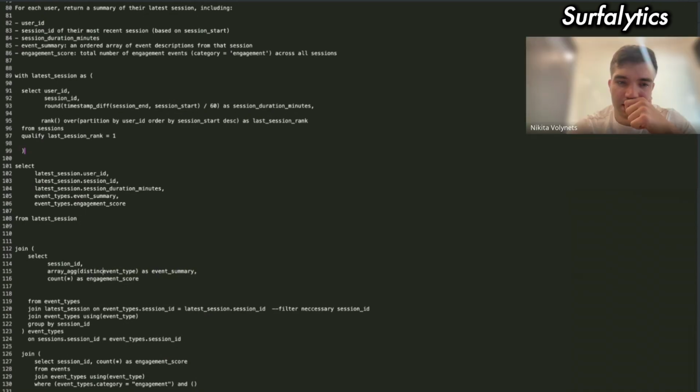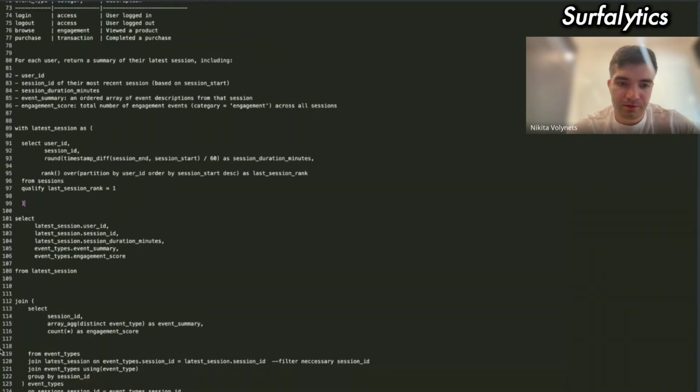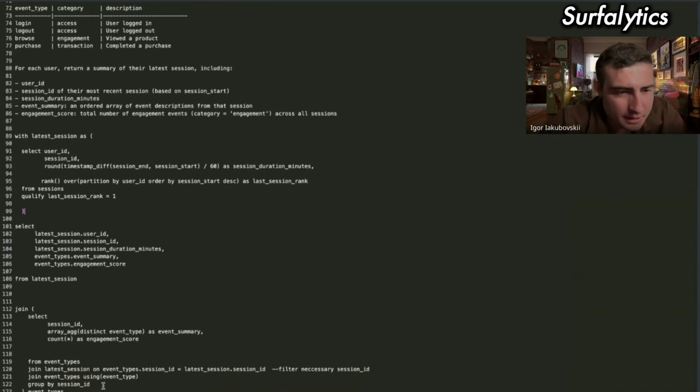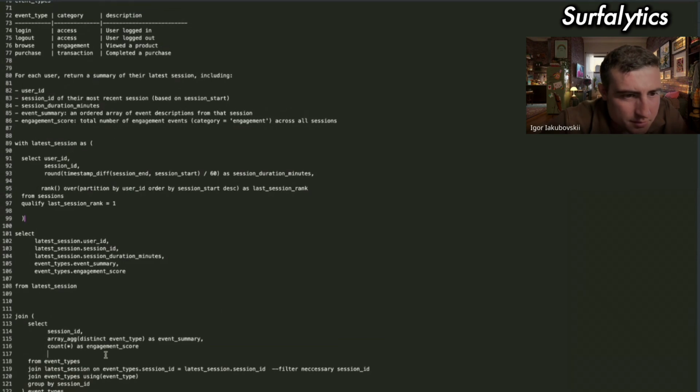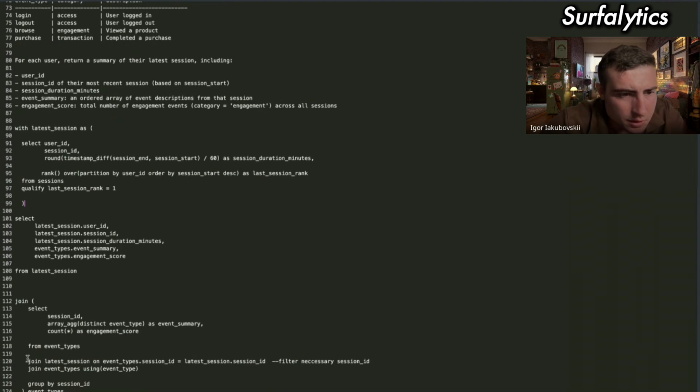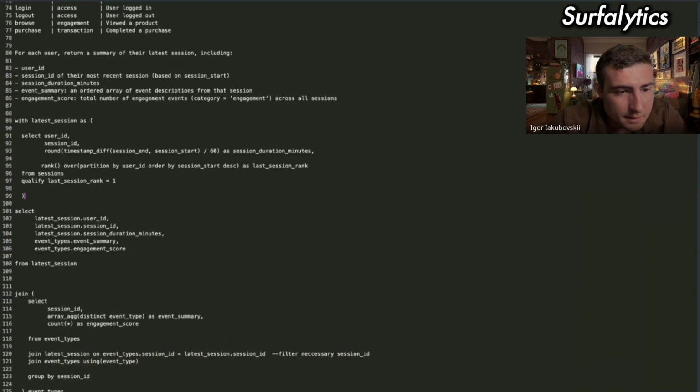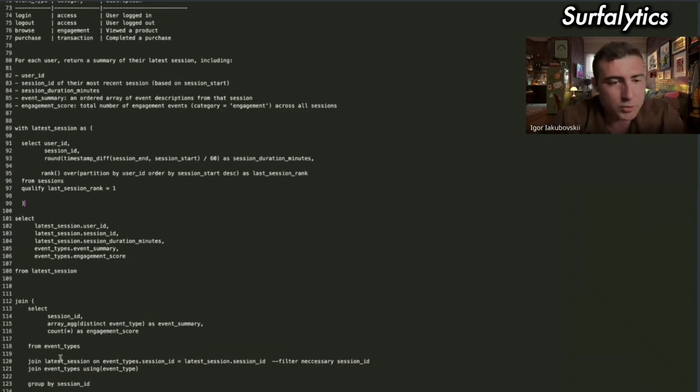Yeah, let's keep it as it is, without distinct. Suspect that was redundant and join subquery from two joins, latest session filter and event types using event type group by session ID. Okay. Probably that's all.